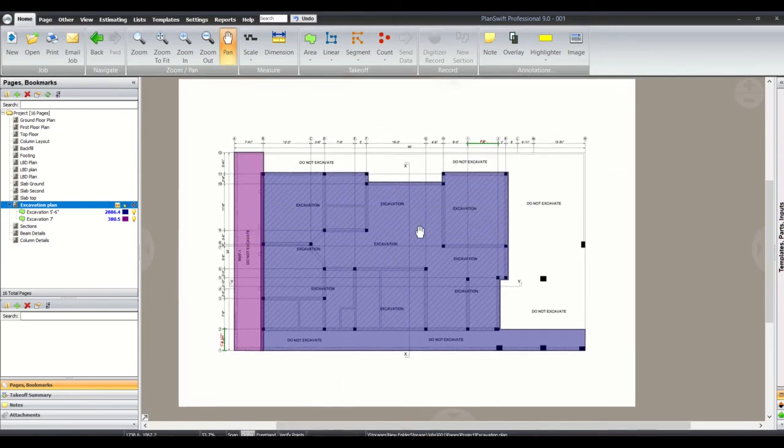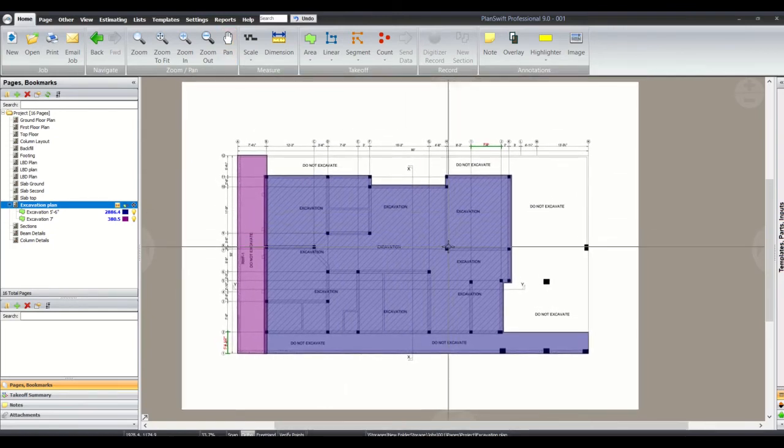Now here we are getting the square footage of both excavations. When it comes to transferring your data to your Excel sheet, it depends upon your personal ease. For me, I usually prefer to mark all the quantities on the plan in Swift, and then I move to Excel.